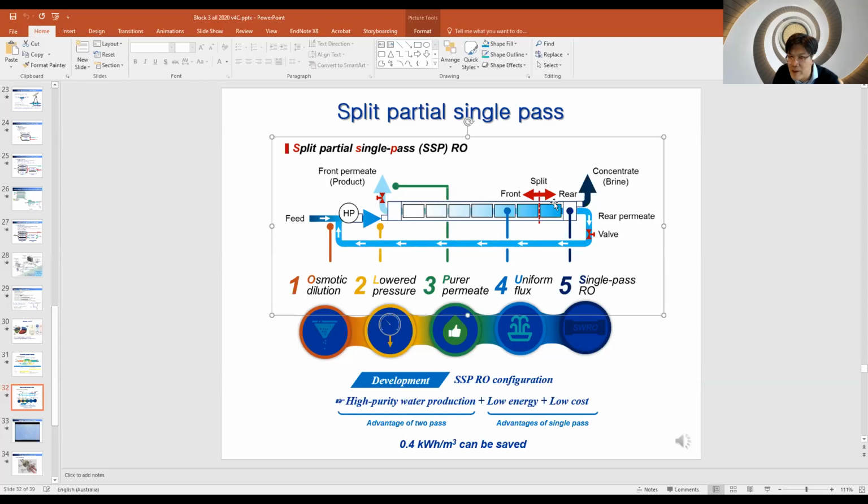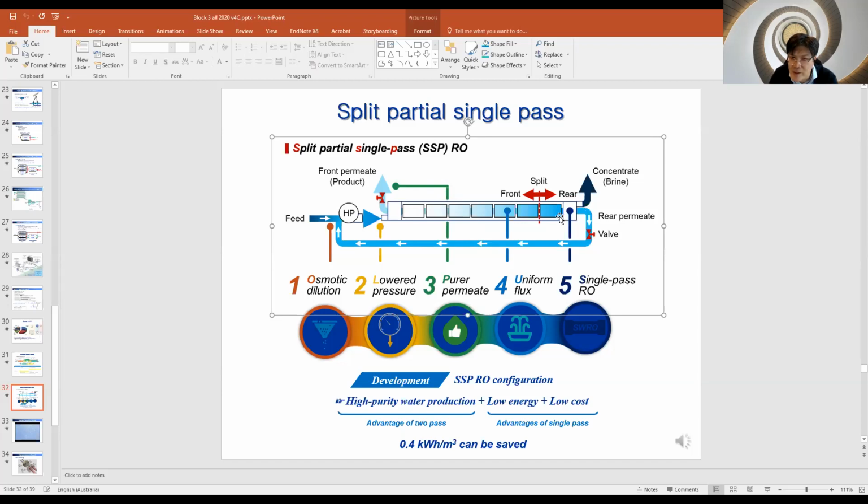So we separate, and then this is a relatively clean permeate. So we just collect from here, here, and then we collect your permeate, which will satisfy your final water quality standard. At the same time, you completely plug your permeate at the end of the element,